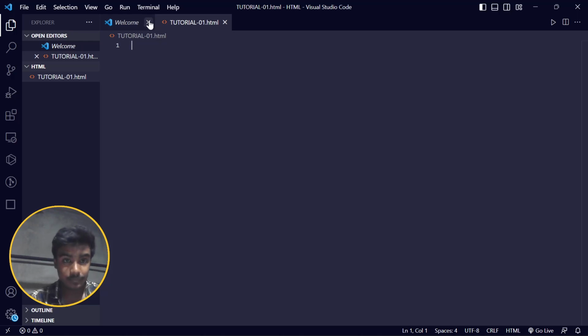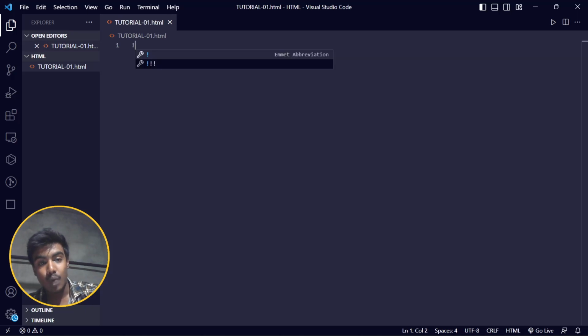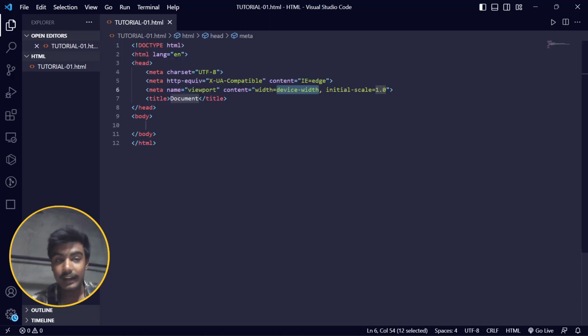Okay, so I am simply closing this welcome page, and now when you use VS Code, you have an Emmet option which is built in inside of your VS Code. So if you simply type exclamation mark, then you can see this Emmet abbreviation. Okay, and then if you directly hit enter, it will create your HTML basic boilerplate. Okay, so here what you have to do is come here and rename your file